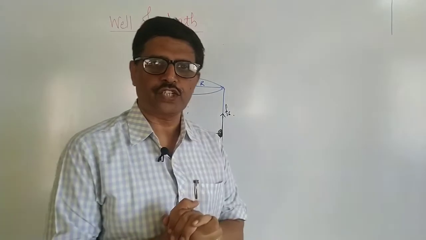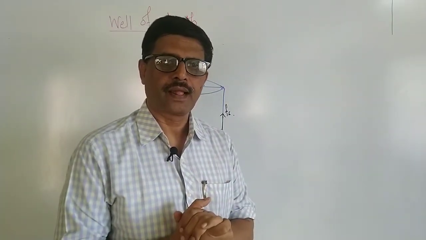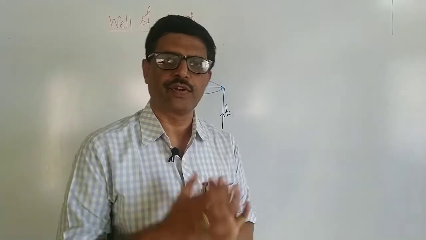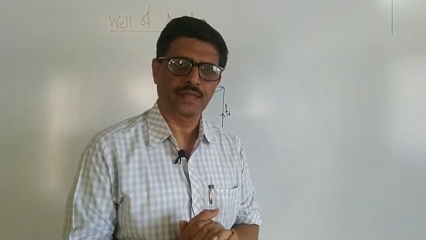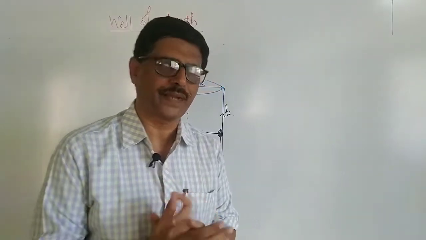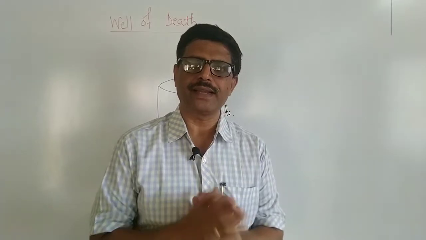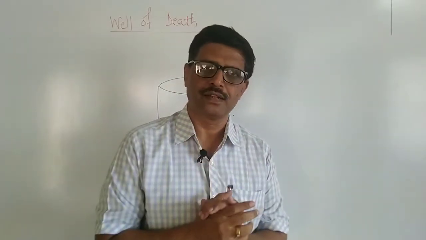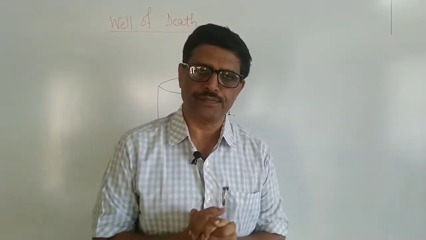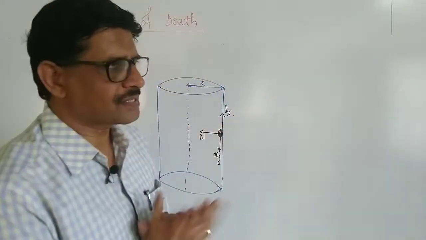In this video lecture, we will again analyze one more circular motion. How does the motion take place in a death well, and what is the minimum speed with which a stuntman in the death well can drive in a horizontal circle so that he is safe? That we will see.